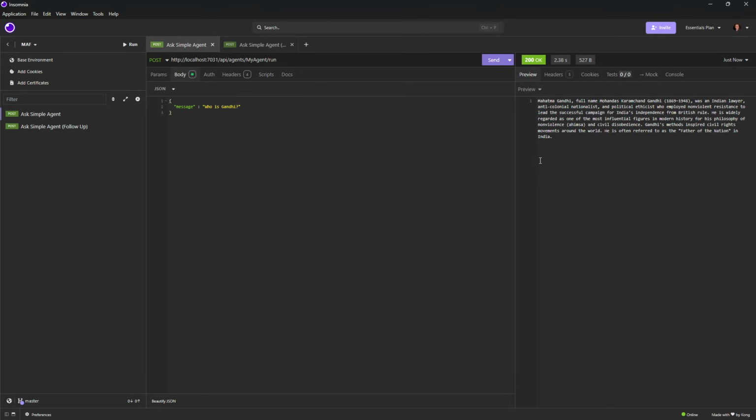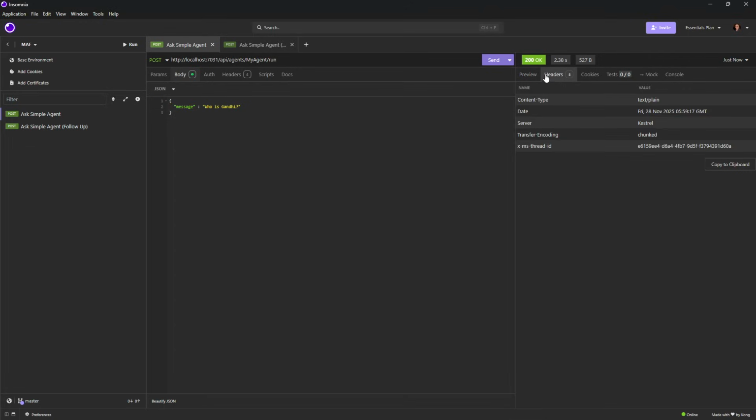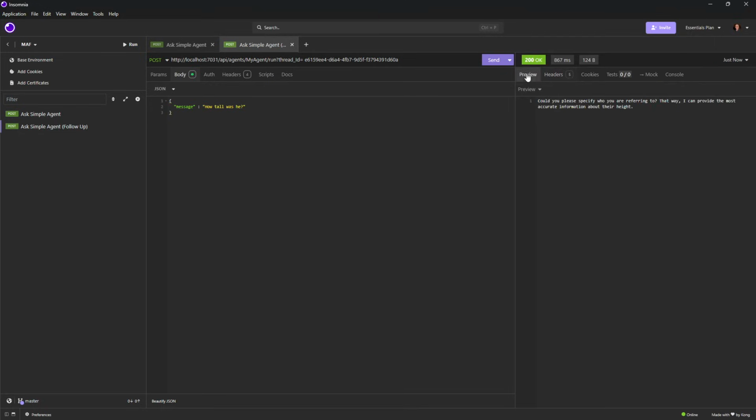So a normal request response is possible, and we could easily have done this with an HTTP trigger as well. But where it helps a bit in them being durable is that in the header we get here, we actually get a thread, which is the conversation thread we are working on. And what we can then do is go in and do a follow-up by putting in thread_ID equals the thread. And if we do that, it will actually,